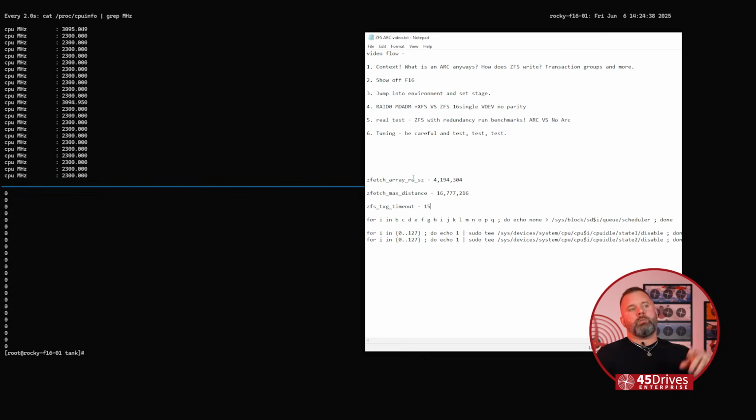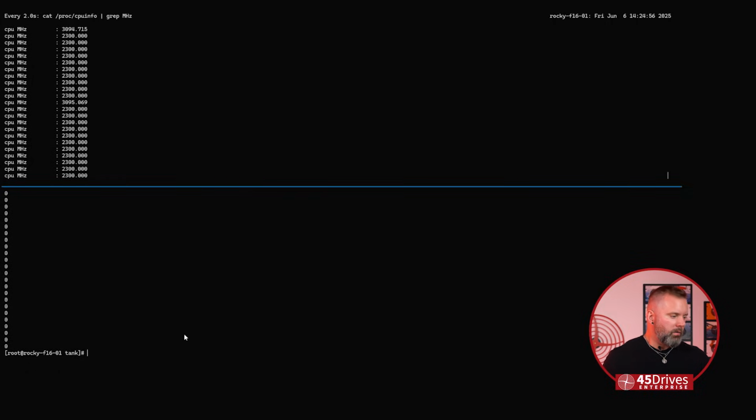ZFS has great manual pages where you can go in and read all of these tunings and when you may want to change them and what they're actually doing. So I encourage you to go in and take a look at these for sure. The transaction timeout is great. It's how long before it flushes that I/O like I talked about before. All right, so